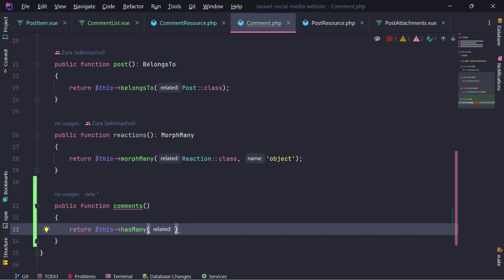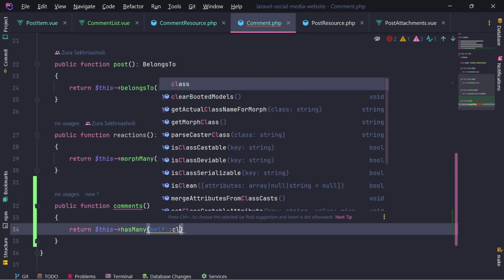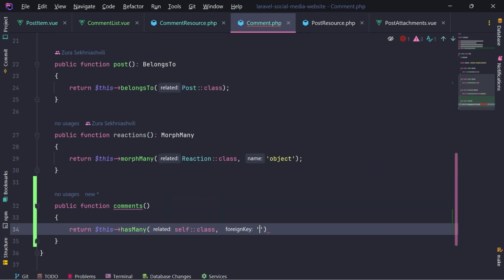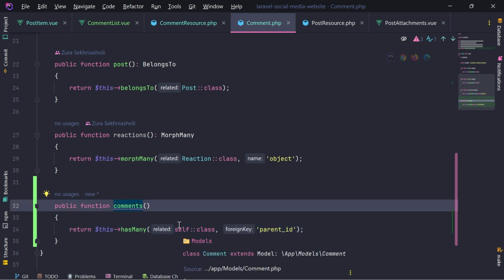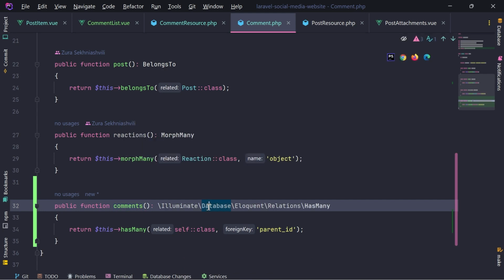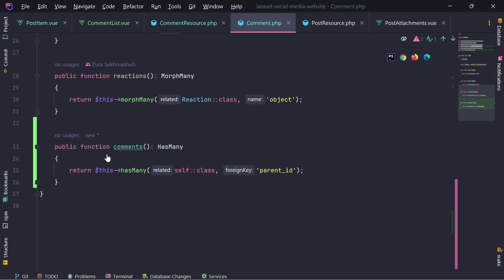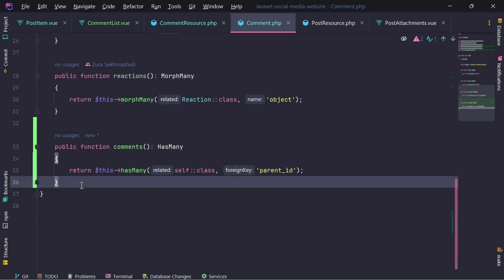The related class will be basically self class, but the relation, the foreign ID will be parent ID. So based on the parent ID, there exists comments, and I'm going to define the return type, which is has many. So has many was added here, and I can define another relation has one,